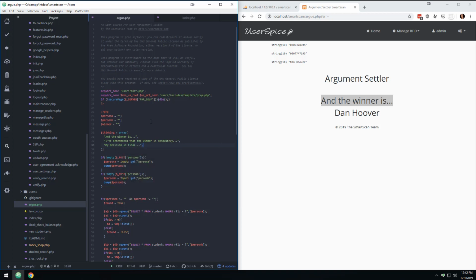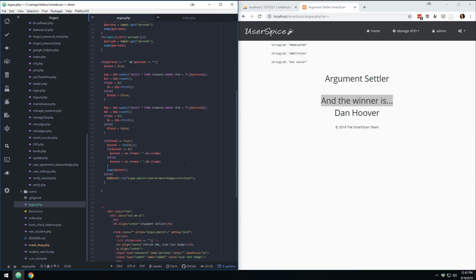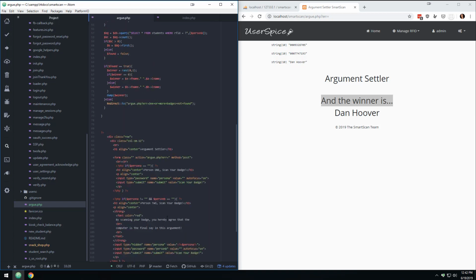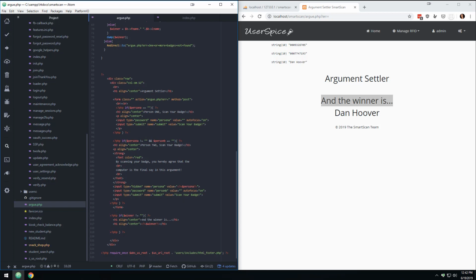Okay, so I've put a couple in there. You can put as many as you want in there, but we've basically made an array where there's a bunch of choices of how to word that. So what we'll do now is inside of this H1 at the bottom here, we're going to drop this down, and we're going to get rid of this, and we're going to open up some PHP tags,